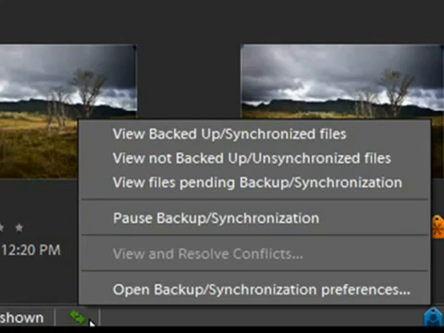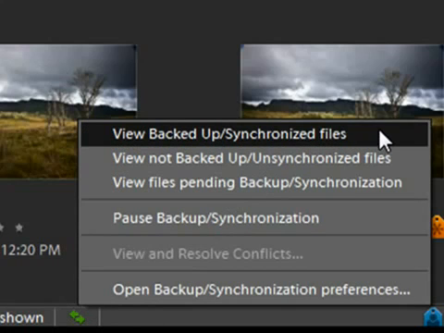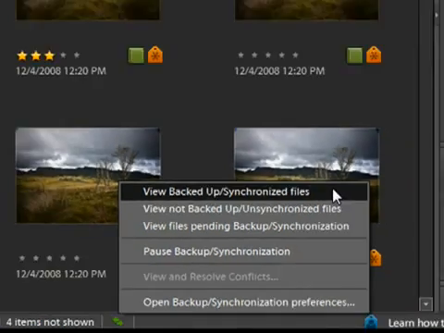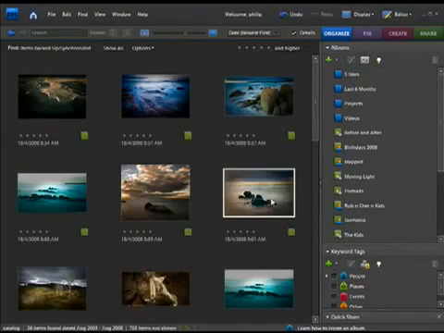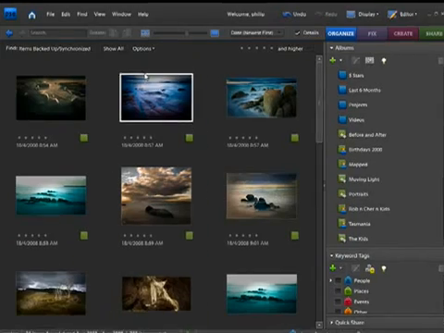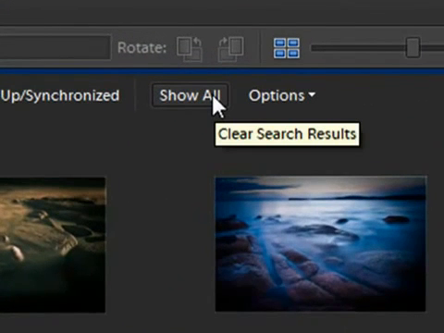This is actually the sync monitor settings. So in other words, this provides us with the ability to check how our synchronization or backup is actually going. For instance, if we select this option here, we can actually view all those files that have been backed up or synchronized. So it will display them in the organizer workspace. To go back to our full setting of files, or our full organizer files, we can just click the Show